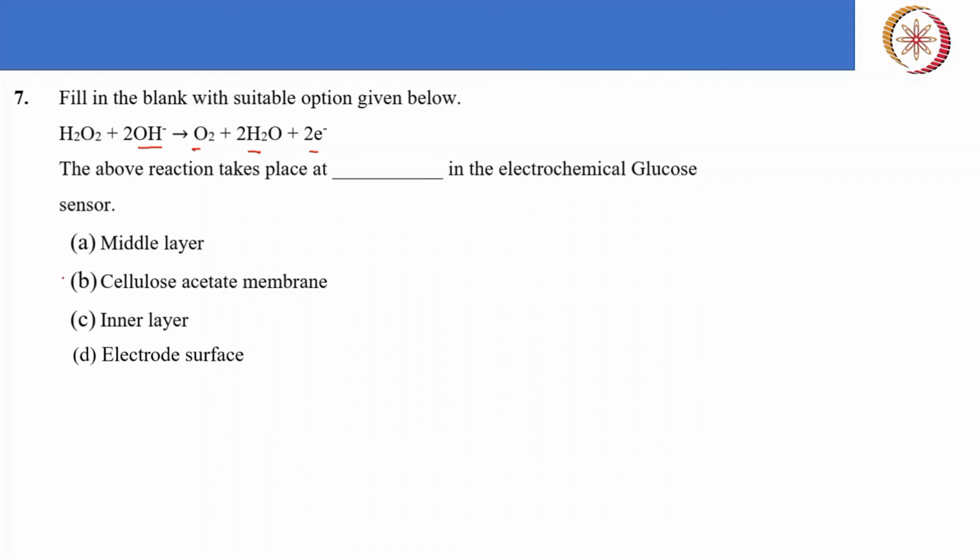Okay, what is the answer? So the middle layer, as I have discussed, its function is to trap the enzyme. And the cellulose acetate membrane is basically the inner layer. So for the inner layer, what is the function? The function is that it is permeable for